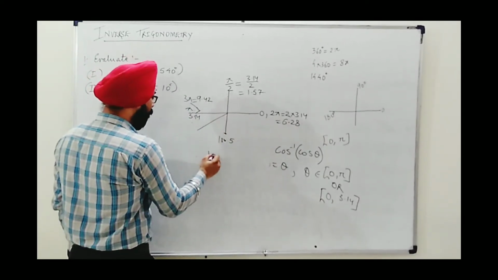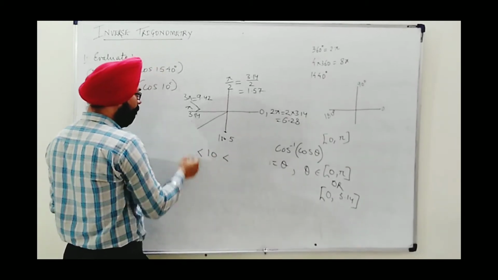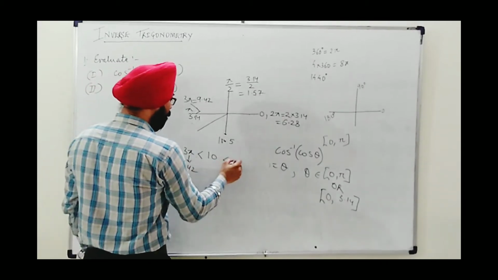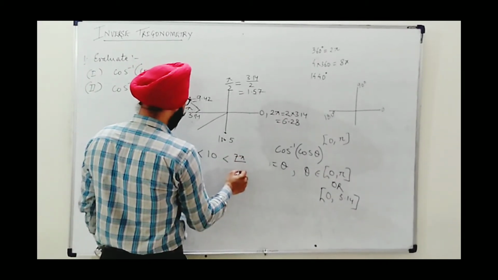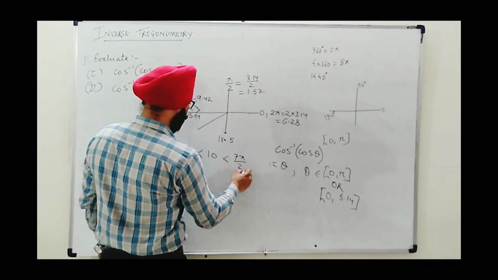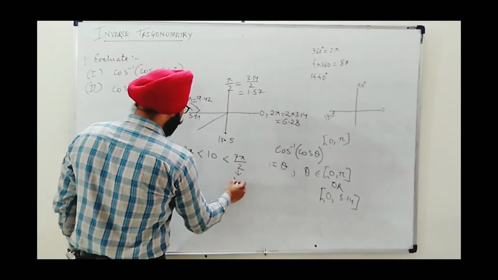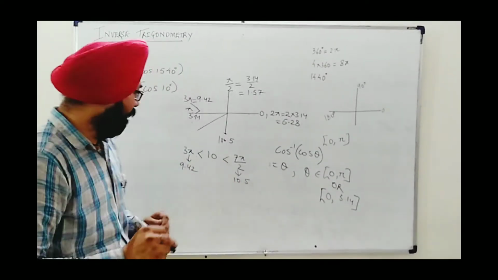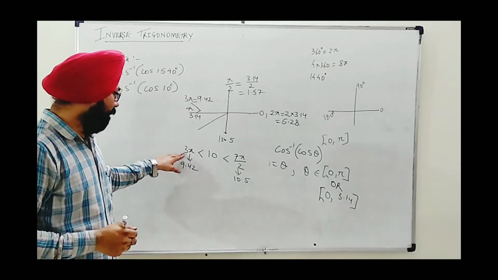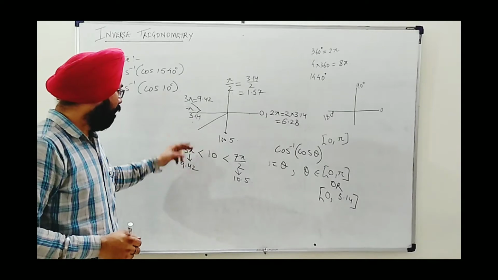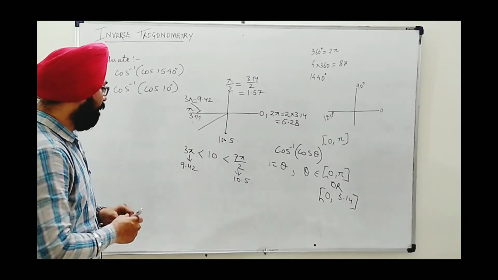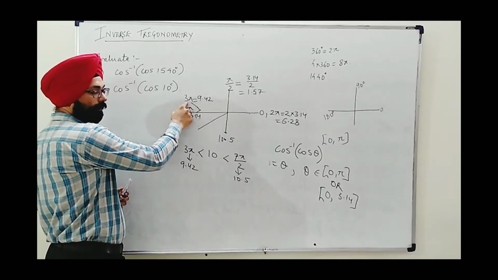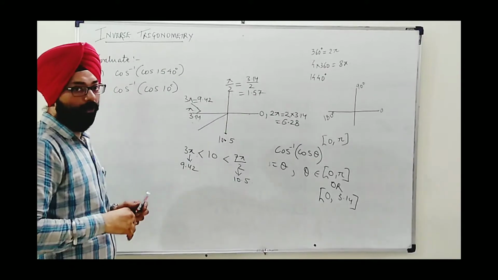I see that if I locate 10 in terms of radian, then 10 will obviously be in third quadrant. In third quadrant, it is coming between 3 pi, whose value is 9.42, and 7 pi by 2, which is equal to 10.5 around. This is the first step. Now, as I said in the previous lecture, when any value comes close to third quadrant, then we express this in terms of pi, 3 pi, 5 pi, meaning odd multiple of pi.